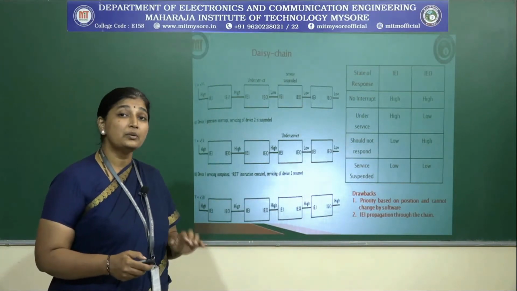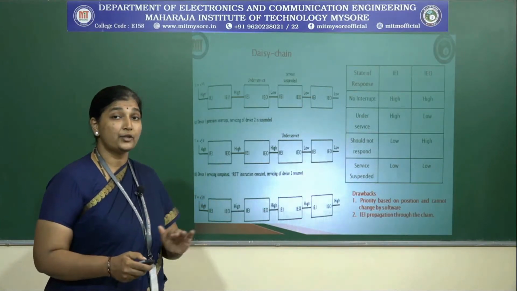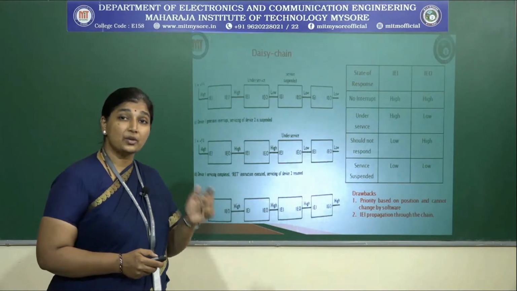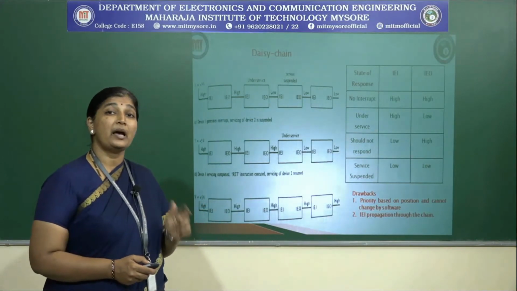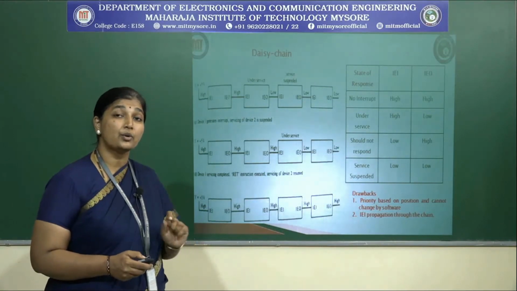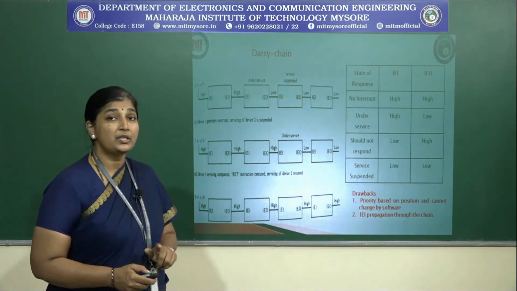So now the CPU knows that when input and output both are low, I should not acknowledge that particular device. So what should it do? It should next trace out which input is high and which output is low. So it tries to acknowledge only those devices where the input is high and the output is low.